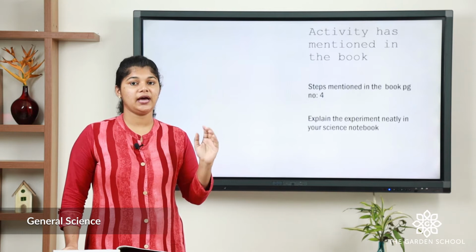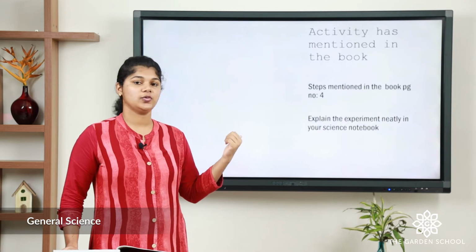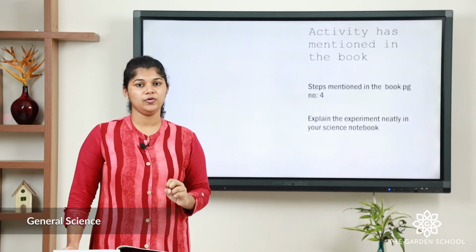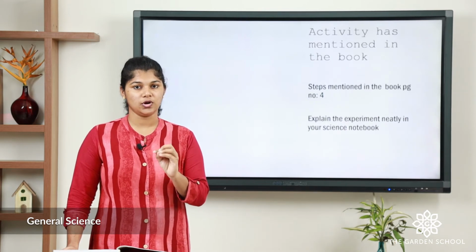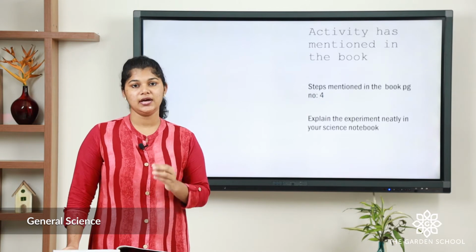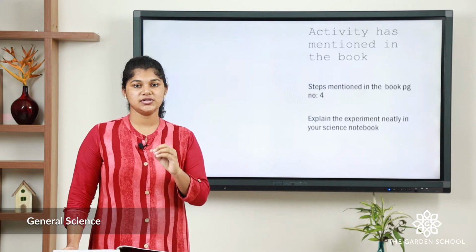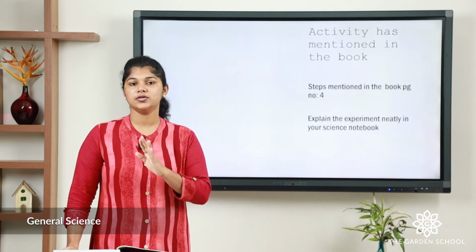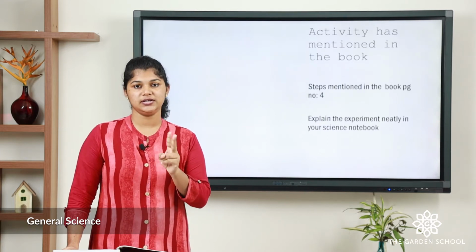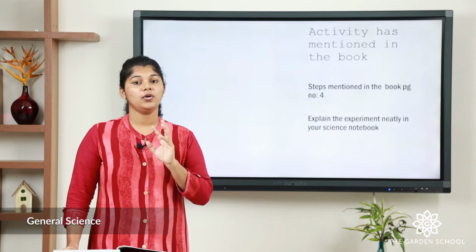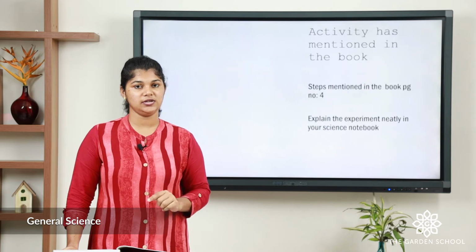Let's do an activity. The activity is clearly mentioned in your book, so you can see it in your book and do the activity. I'll just tell you the demo. Take two bowls and name them A and B. Take some cotton wool and some mustard seeds. Make the cotton wool moist, keep it in bowl A, and put some mustard seeds on it. In bowl B don't put anything, just keep some mustard seeds. Within 2 days you can see the difference between bowl A and bowl B. Observe the results and write them step by step in your science notebook as well as in your book.